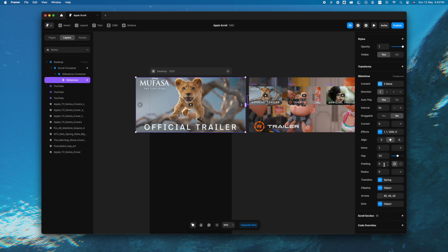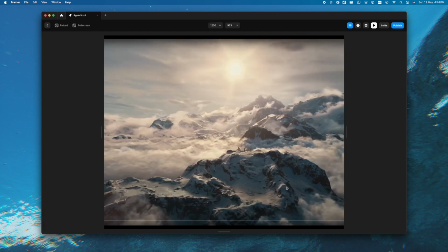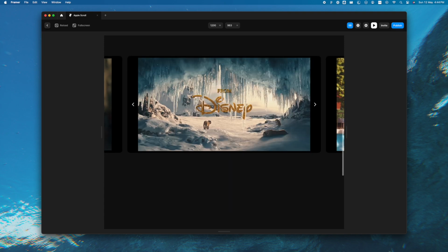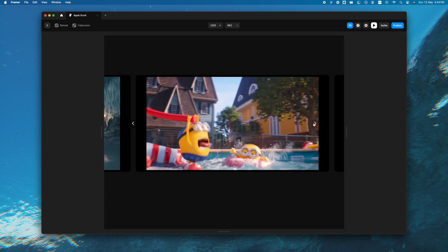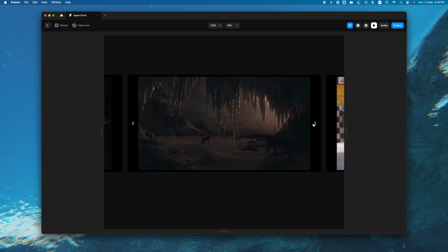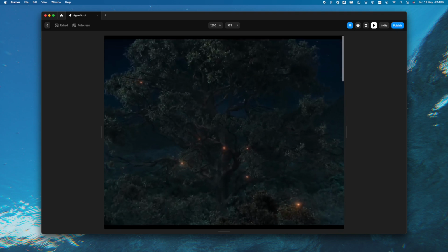Now what if we want to pause the video when we hover over it? We don't want to move to another video, so we'll select the slideshow again and go to effects. In here, we're going to change the option on hover to pause. This will ensure when you're on a video and you are hovering over it, it doesn't switch to another video even after 6 seconds. So yeah, you can manually select it. You can move to another video using the arrows, or you can be on that video and just watch the entire video.